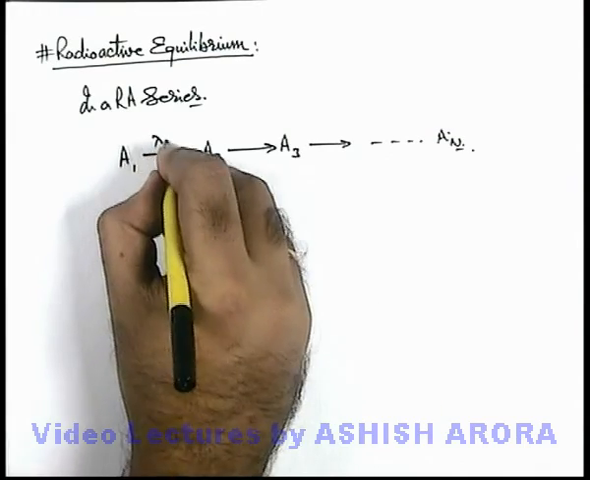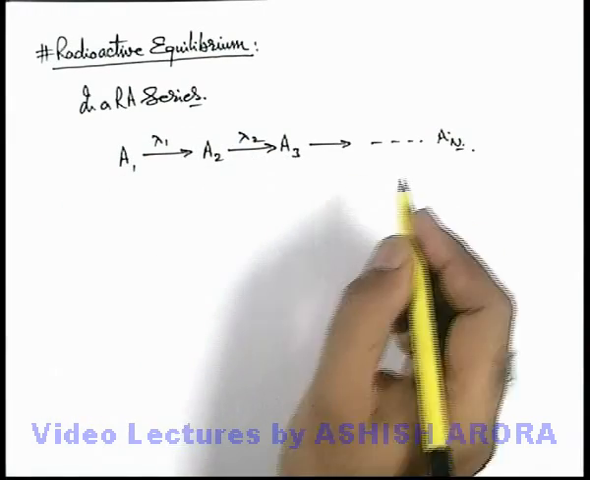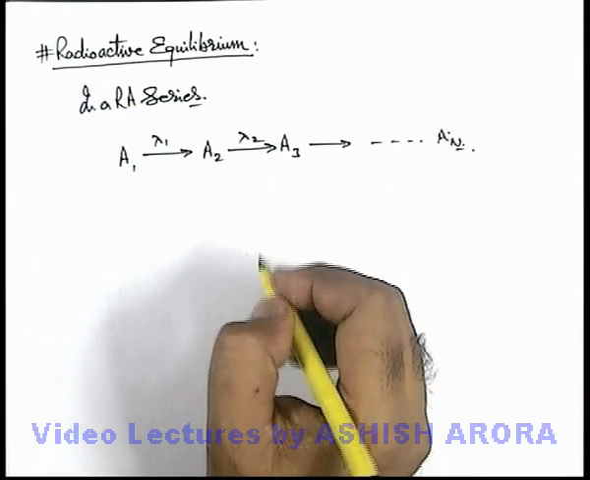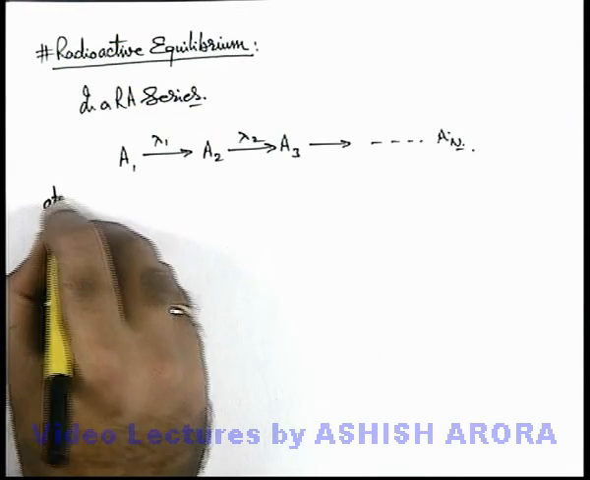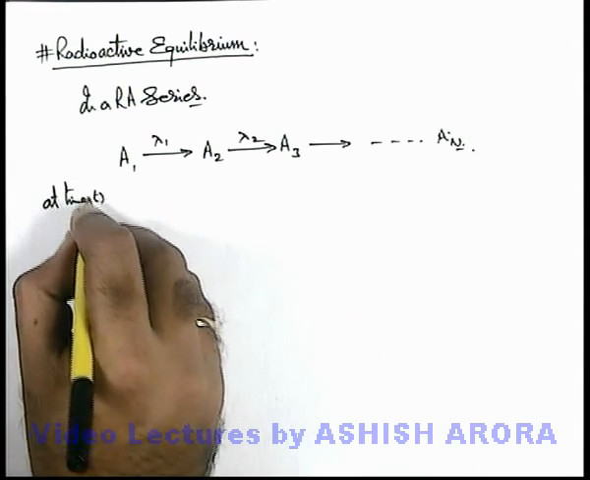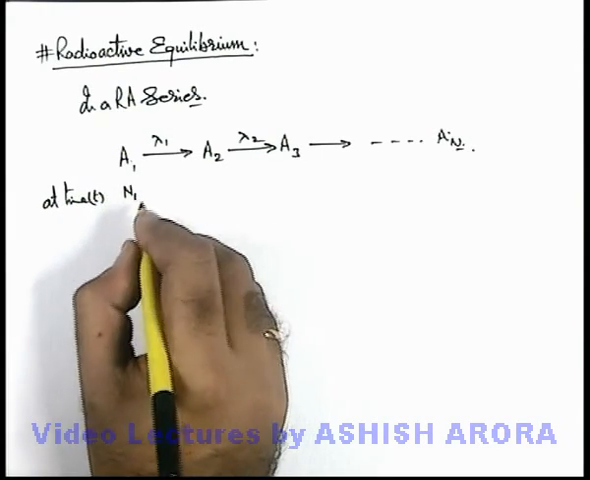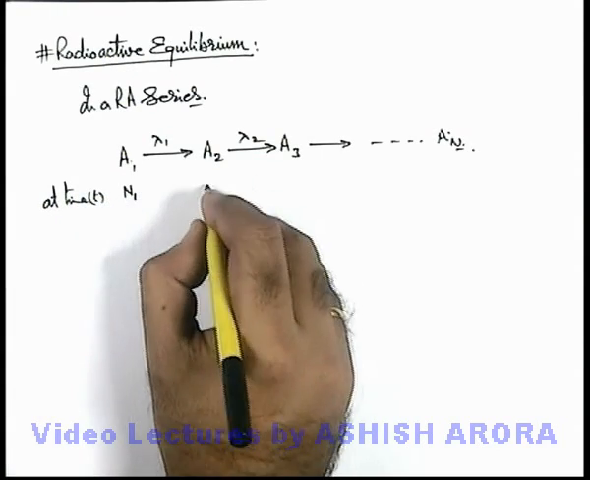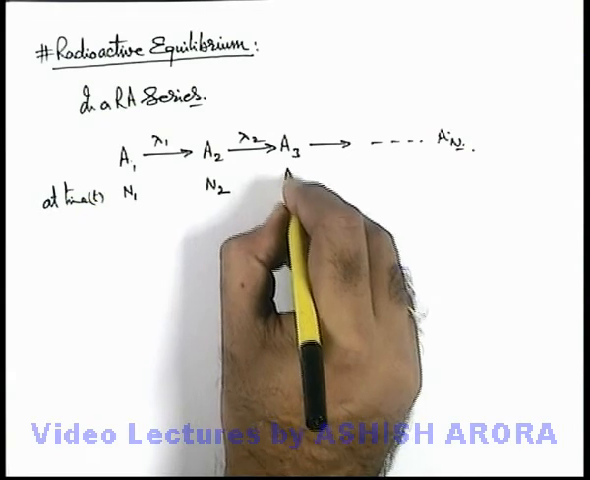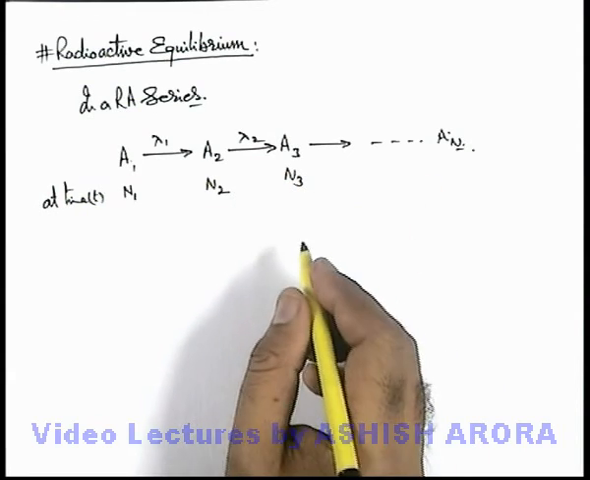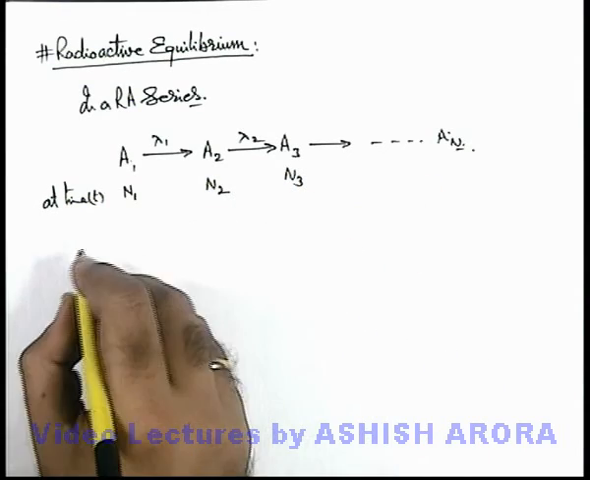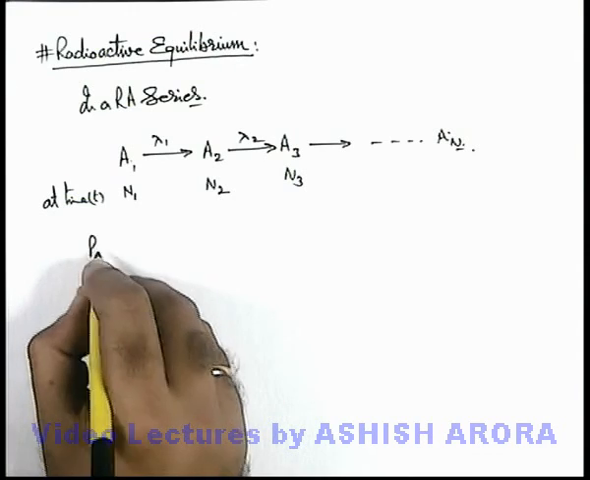In this situation, successive decay constants would be there. Here, let us consider at any time instant t, a number of nuclei of element A1 in the sample are N1, that of A2 are N2, that of A3 are N3, and so on. Now at any instant we can write the production rate